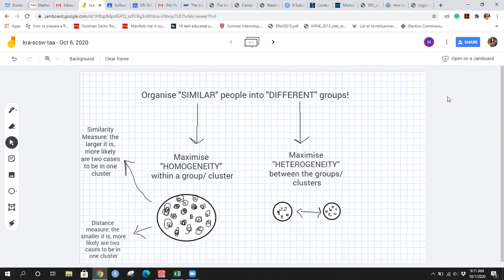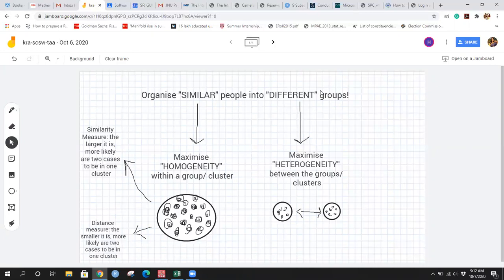Okay, so starting with the concept itself, what is cluster analysis? Cluster analysis is identifying groups of individuals or objects that are similar to each other, but different from individuals in other groups. So that is cluster analysis. That sounds too cumbersome, so I'll rather put it in this very simple line: